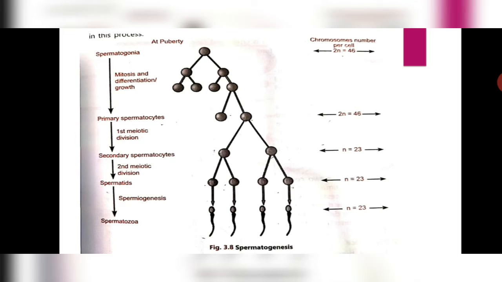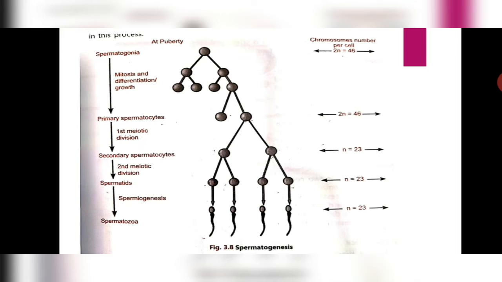At puberty, in the human male, the germ cells of the spermatogonia present inside the wall of the seminiferous tubules multiply by the process of mitotic division and just increase in number. Primary spermatocytes, which are diploid in nature, are formed as a result of the multiplication phase. Now, during the growth phase, these spermatogonia grow and increase in size to form primary spermatocytes. Each spermatogonium here is diploid and would lead to formation of diploid primary spermatocytes only.